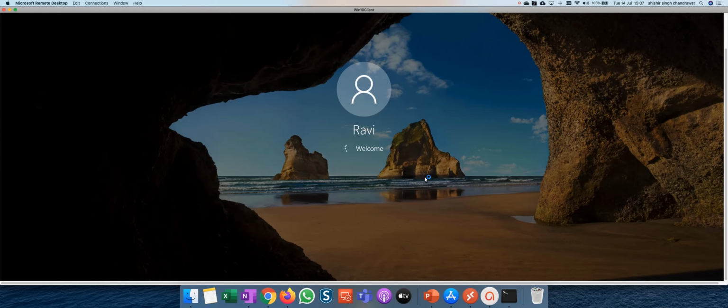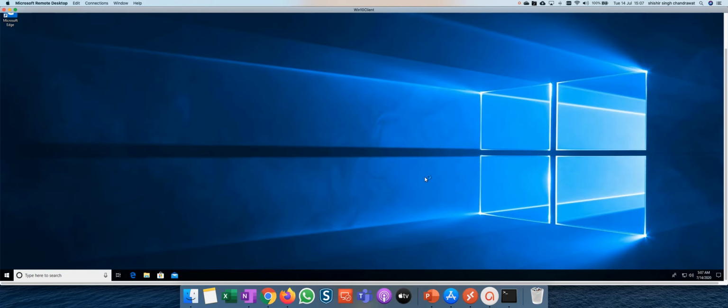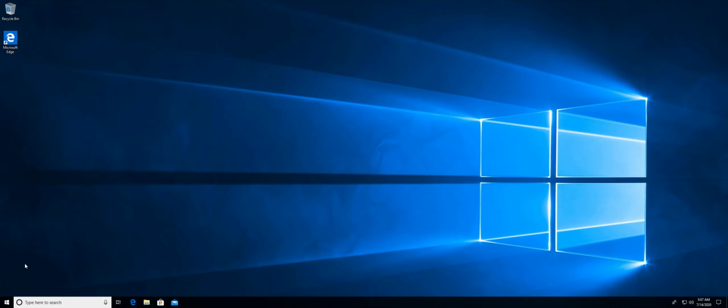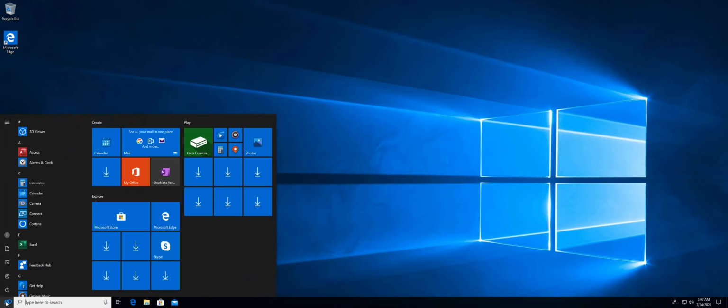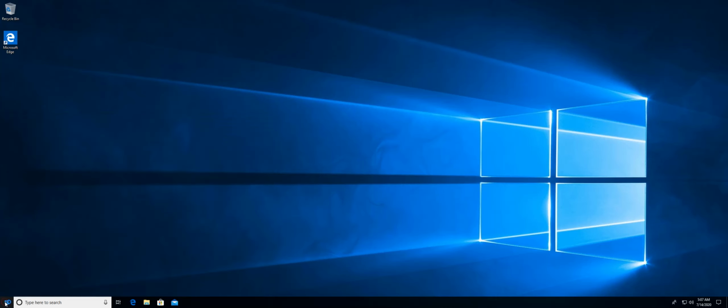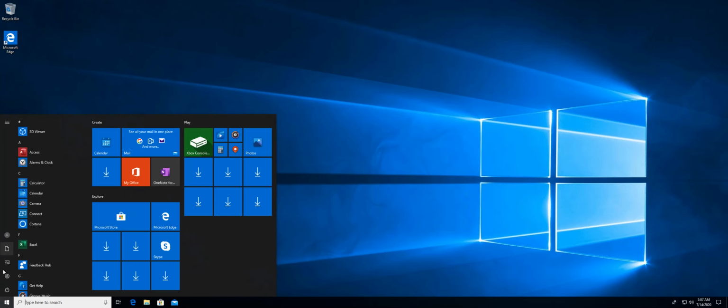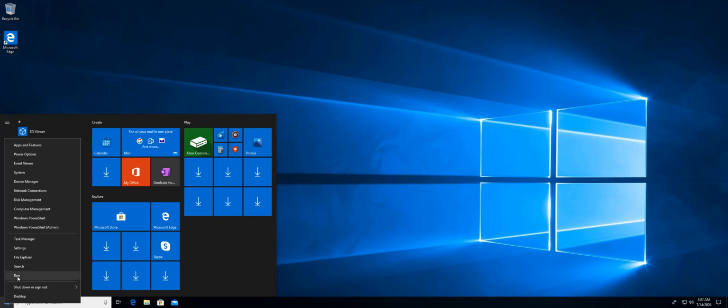This is not an ideal situation which we are doing here. We are remoting into a machine. In an ideal scenario, you'd be logging onto the machine from the console, like you're right in front of the laptop. So just to resolve that issue, what I did temporarily, I just gave Ravi admin rights, and hence he is able to log into this PC. And yeah, so I will go ahead and show you once again that the user which is logged on to the PC right now